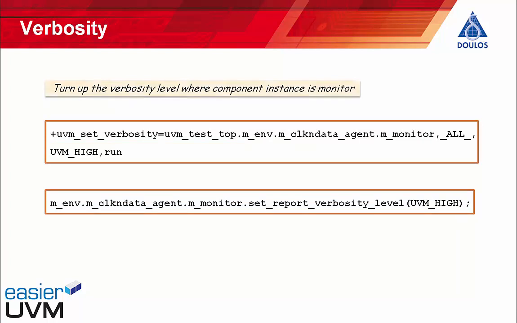Now we'll turn up the verbosity level specifically for the monitor component by calling the method setReportVerbosityLevel of a particular component instance. So we've got mn.mClockandDataAgent.mMonitor.setReportVerbosityLevel UVM high. We could do the same thing from the command line by actually typing out the specific path name UVM test top.mn.mClockandDataAgent.mMonitor. Notice at the bottom we're actually within the System Verilog code, so we have to write a well-formed System